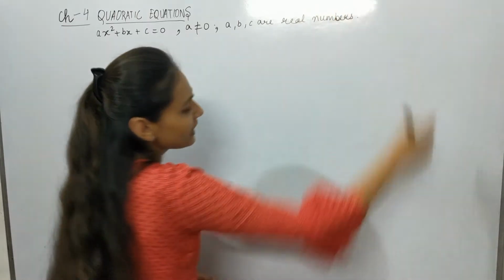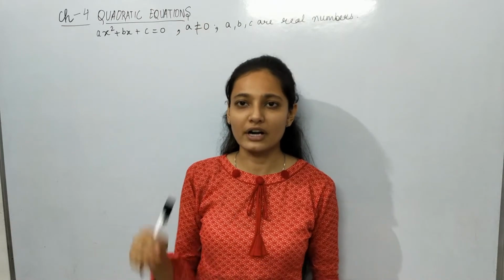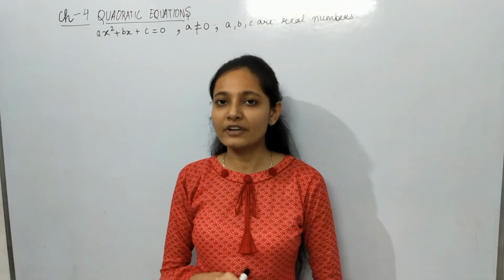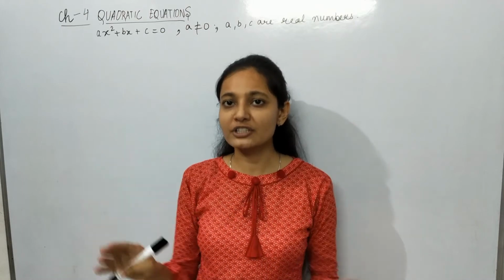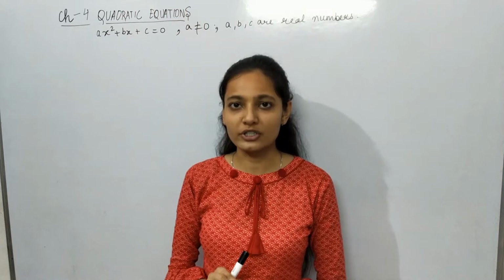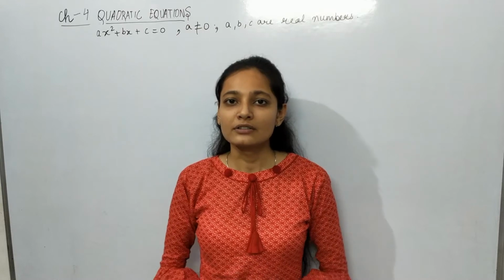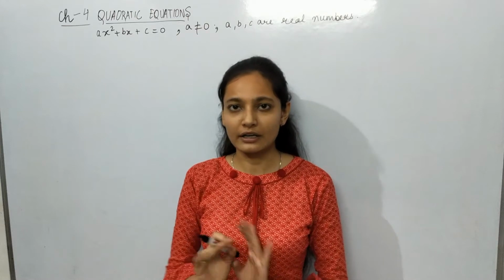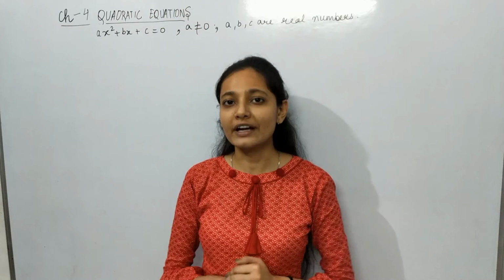And we have seen many examples of a quadratic equation, how to check whether it is a quadratic equation or not. It must be in this form. And next we did the solutions of a quadratic equation. That means the value of x for which that equation is satisfied is called the solution of a quadratic equation. And the solutions of a quadratic equation are the roots of the quadratic equation. We have done that, and we can find the roots of the quadratic equation by middle term splitting. That we have done.